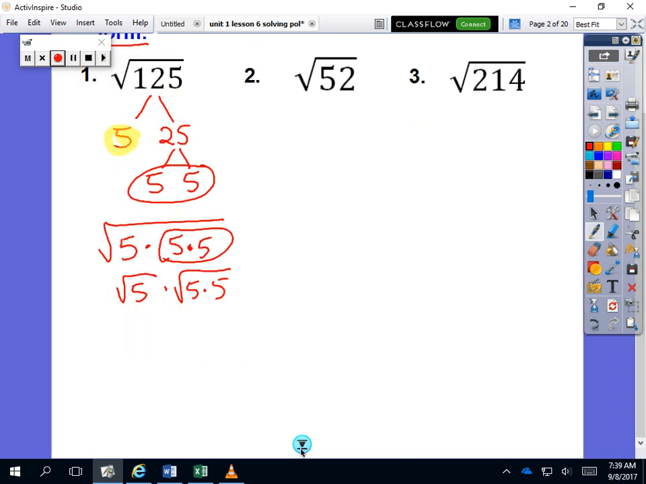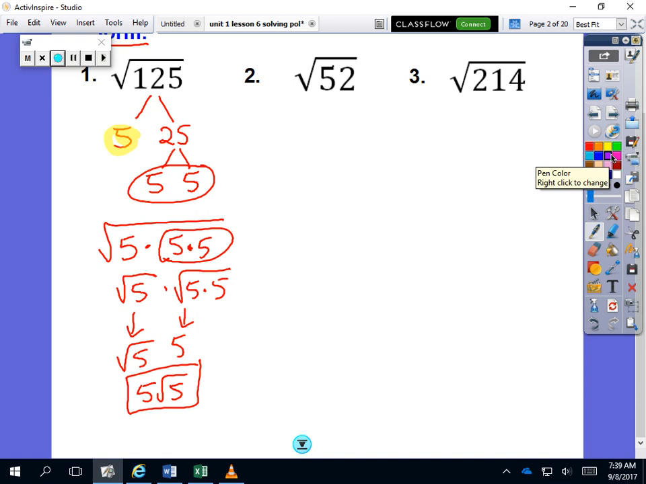And that gives me the square root of 5 times 5, because the square root of this is 5. This can't be simplified any further. So this is going to be 5 square root of 5. Number 2